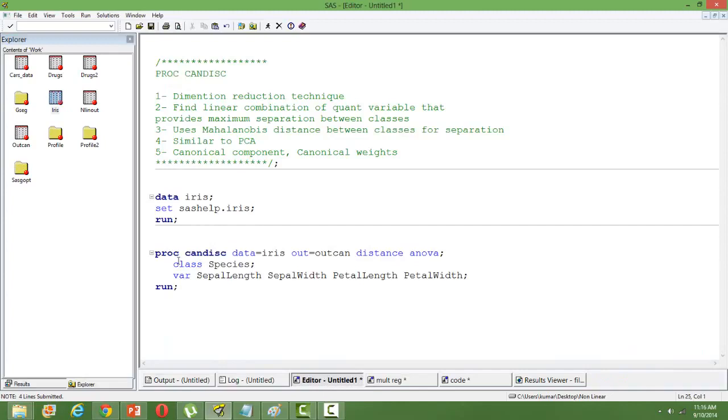Syntax is like this: PROC CANDISC DATA equals the input data. If you want to save the output, then I have to mention the output dataset name. DISTANCE computes the Mahalanobis distance, and ANOVA is for comparison of the means. The class variable is species, of course, and the quantitative variables are sepal length, sepal width, petal length, and petal width. So when we run this, we will get